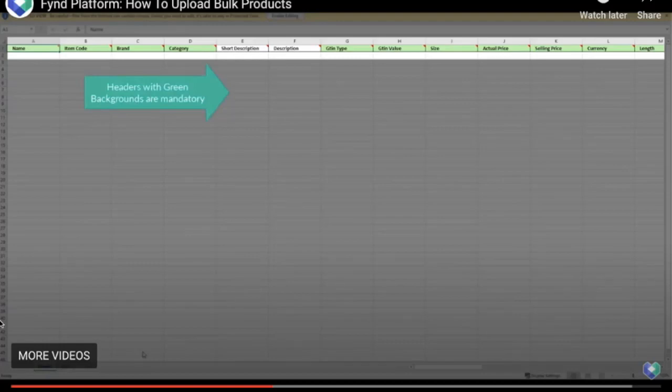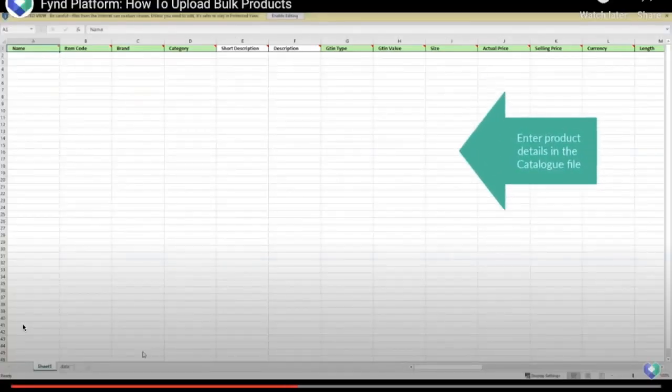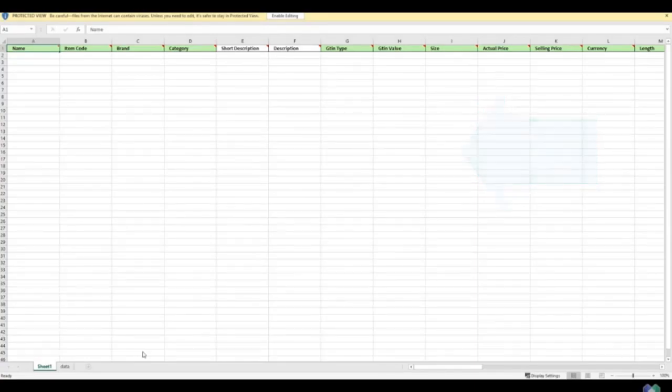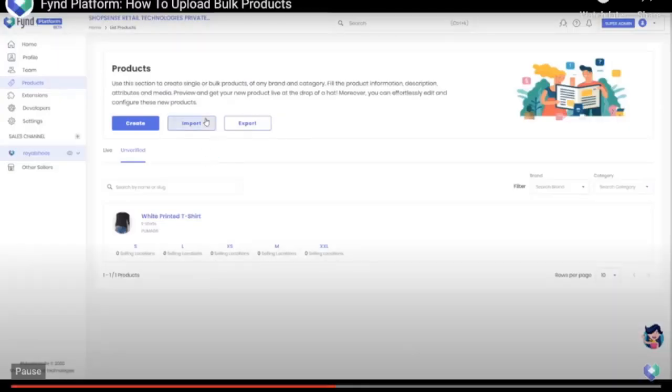Once you open the sample file, you will come to know that these are the headers that you need to fill in. These are again the attributes that I spoke to you about. Some of the attributes are already there. Some differ according to the department. Also, the columns that are marked in green are mandatory, and the others are good to have attributes. If you don't fill the green columns, then your file will not get uploaded and it will throw an error. So first you will fill all the headers, and it's always suggested to fill all the attributes. It will help in SEO and for your products to be found by your customers.